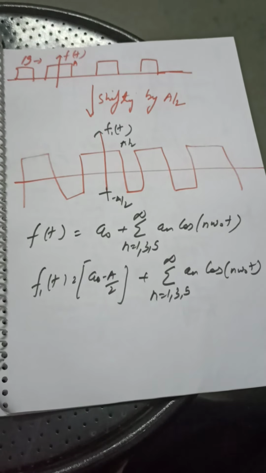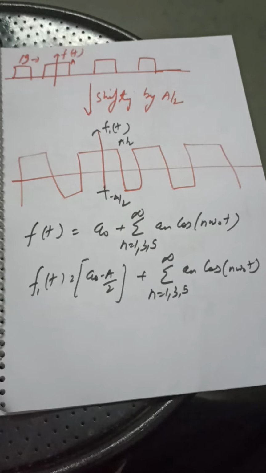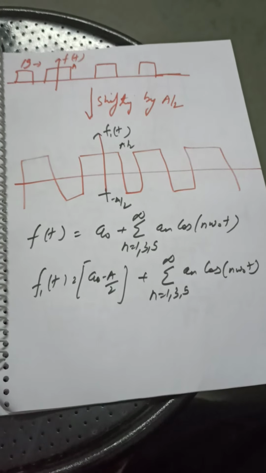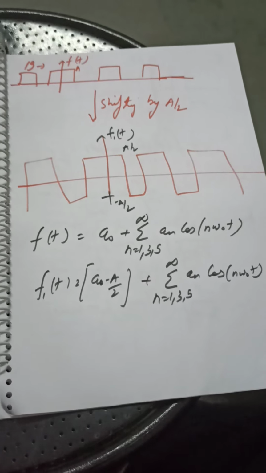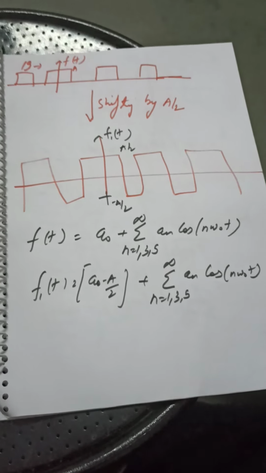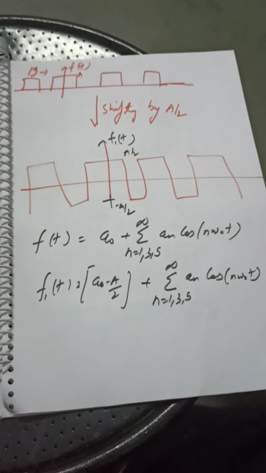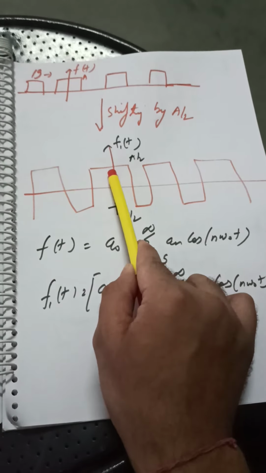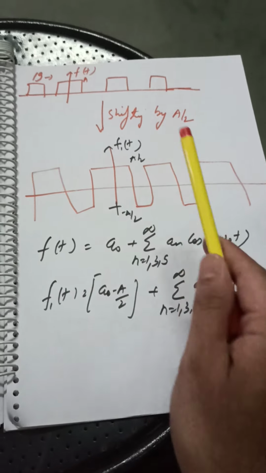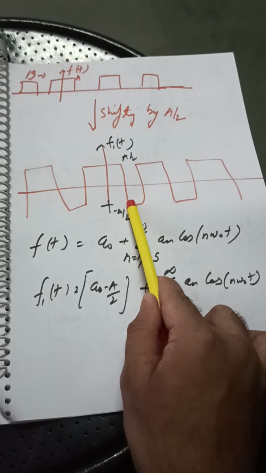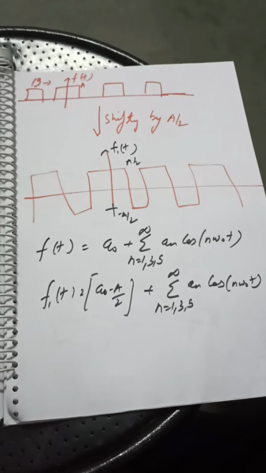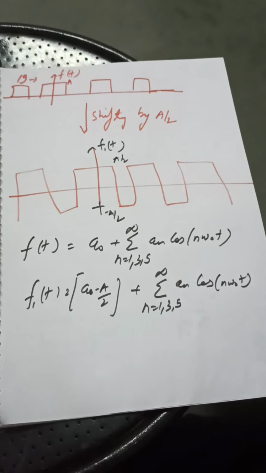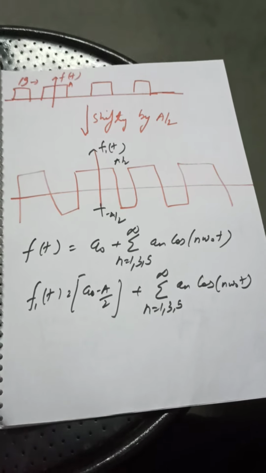Now again, I think this is quite clear. And one more interesting fact to conclude is that this signal is also having quarter wave symmetry. Yes, this signal is having quarter wave symmetry, because if you look at the quarter portion, and you move from this to this, this to this, from the next quarter, this to this, this to this, then we are sure to get the same values. So it can be easily concluded that this signal is also having quarter wave symmetry.